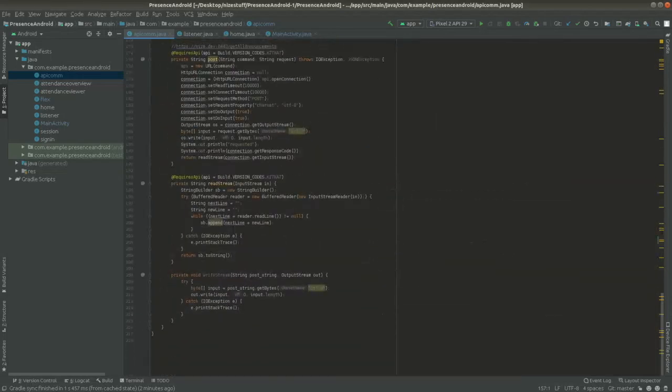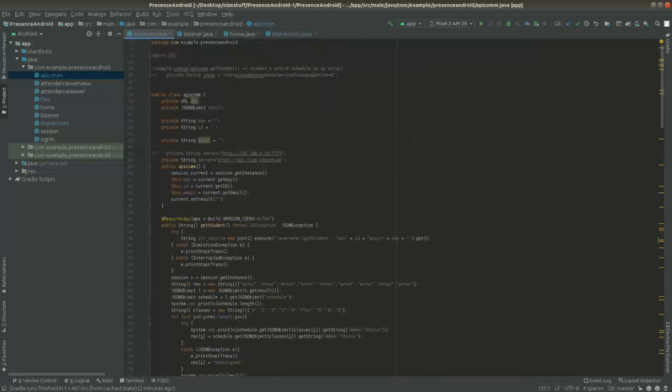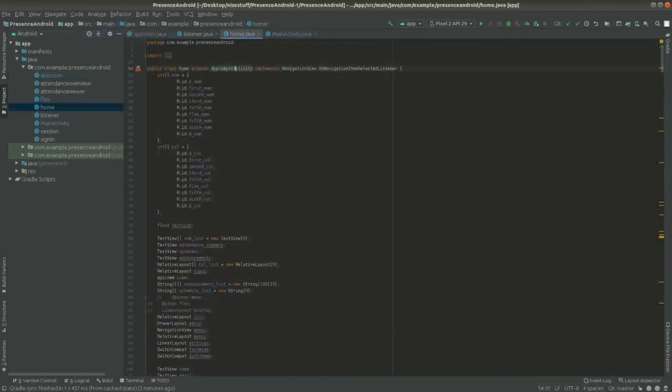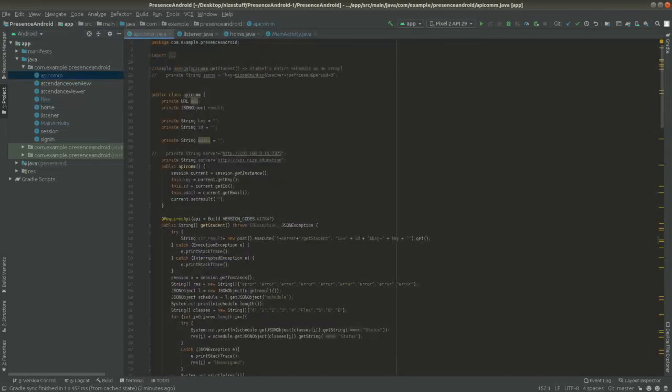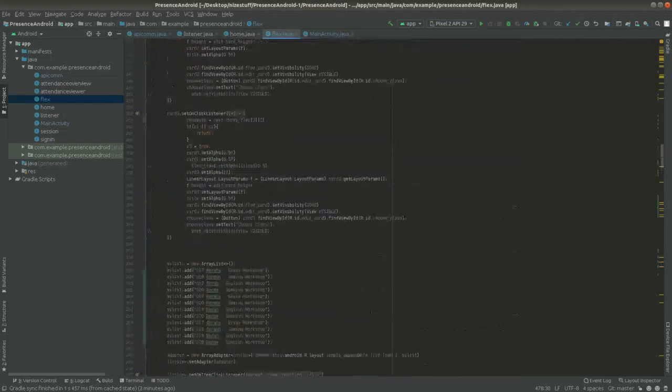class I use to make web requests to the web server. Now you can't do web requests in the actual activities themselves, because you need to run it on a separate thread from the main application thread. And it's a bit complex on how. So for example, if you take a look at Flex, right? Okay, so I could